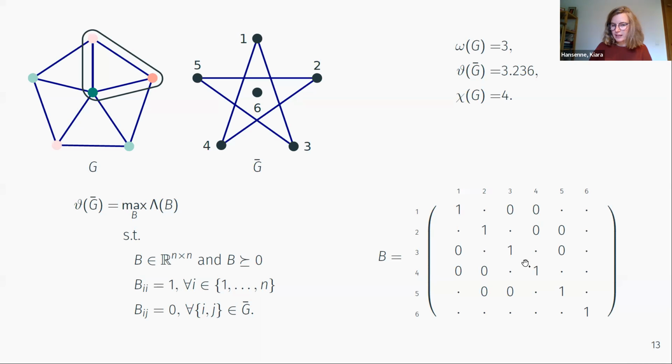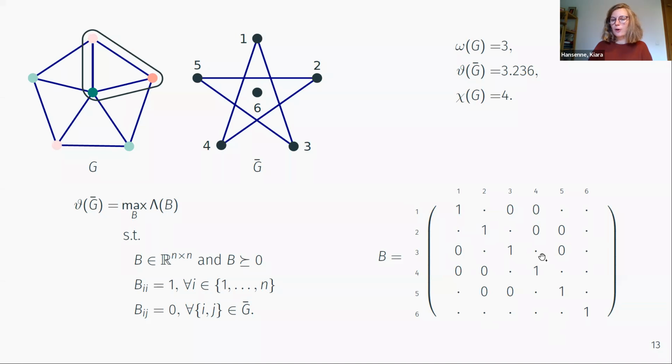Then you put ones on the diagonal, like this. And then we put 0 when the element ij is equal to 0 when ij is in G bar. So when i and j are connected in G bar. So for instance, here 1 and 3 are connected, so in 1, 3 you put a 0 and so on. That means that in the end, you end up with 5, 0 on the lower triangle and 5, 0 on the upper triangle because we have 5 vertices.